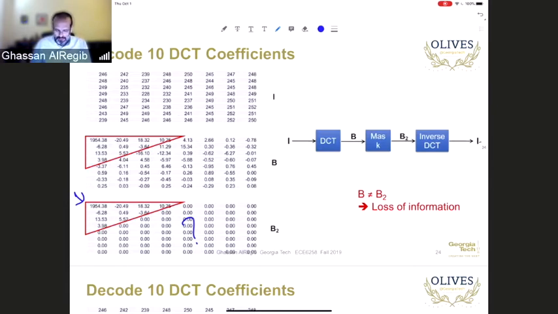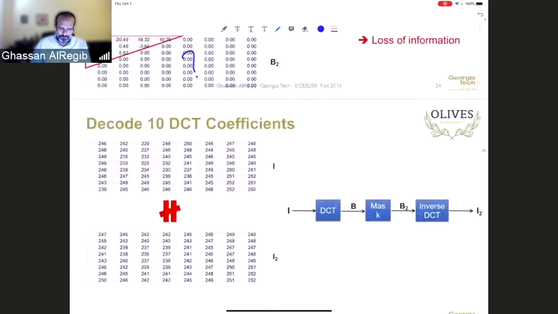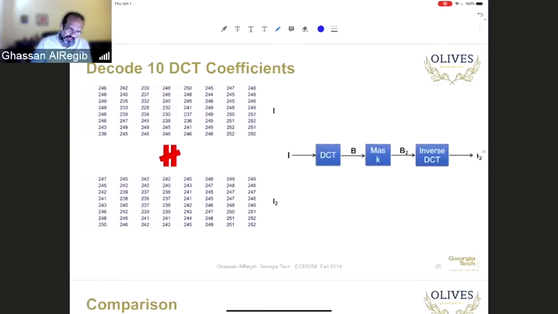We do the same operation as before. We have B2, we apply inverse DCT, and now this is the resulting one. So I2 and I, you can compare these with each other, and you can see they are not identical. Why? Because we lost information by zeroing out 54 of these coefficients. But if you look at the individual intensity values, this was 246, this is 247, this was 242, this is 245,